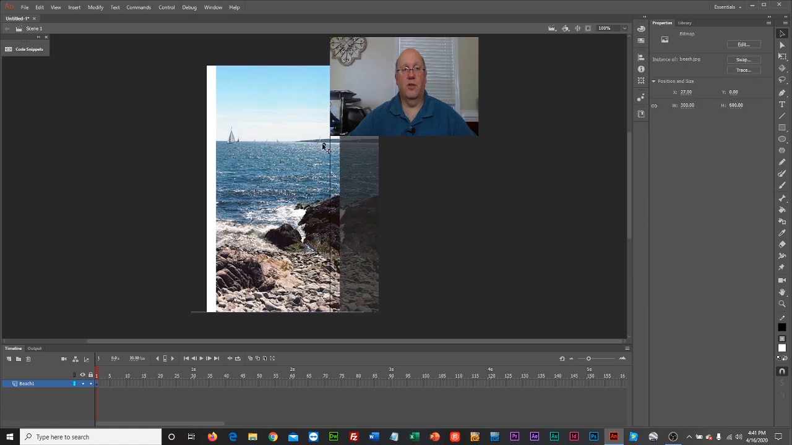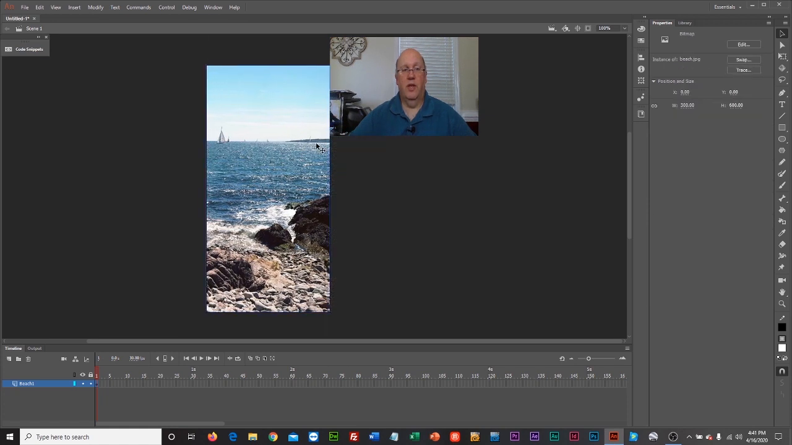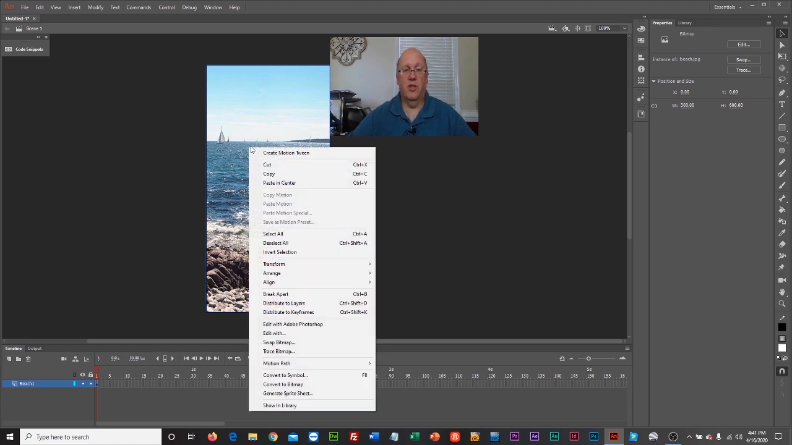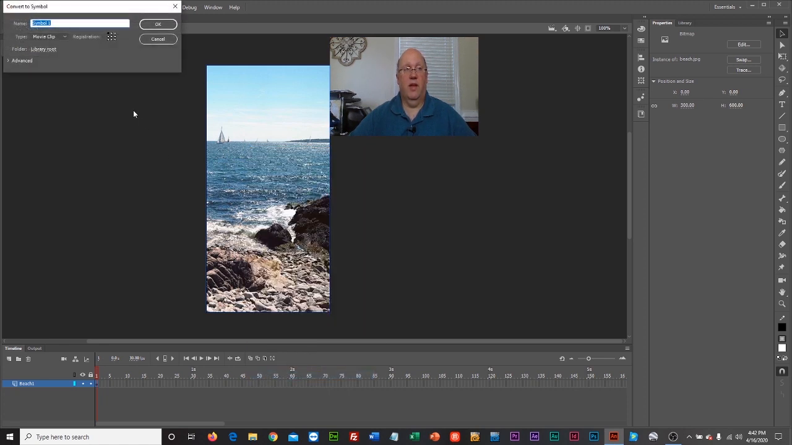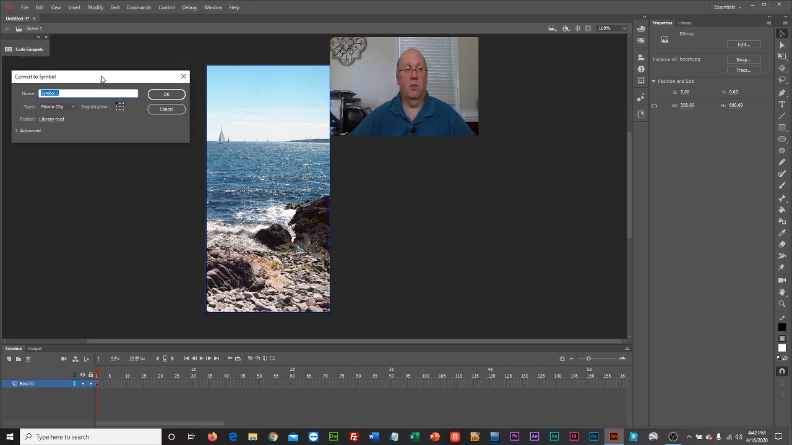Now I'm going to move the picture so that it's on the window. Now here's the important part. Right now the program sees this as a bitmap. And a bitmap is just part of the background. It can't do much with that. So I have to convert this to what's called a symbol. A symbol can be manipulated. We'll see what I mean by that in a minute. So if I right-click and go to Convert to Symbol, which is way down here, I'm going to have this dialog box here,